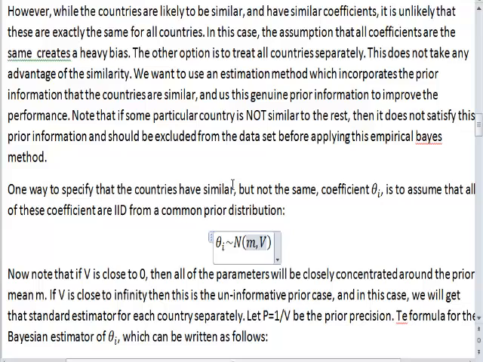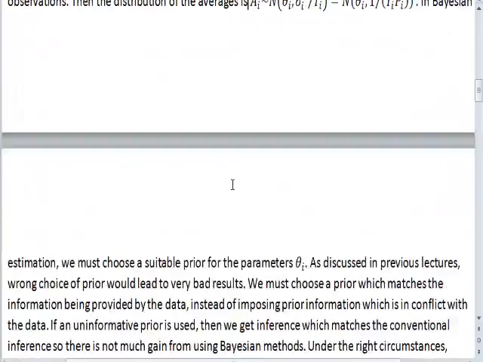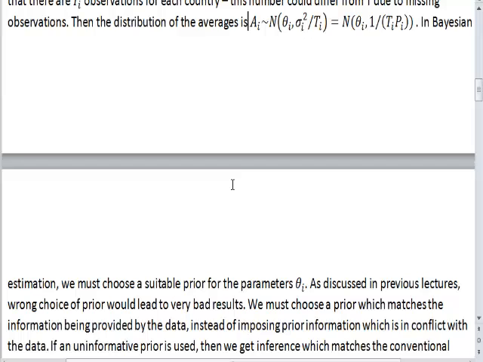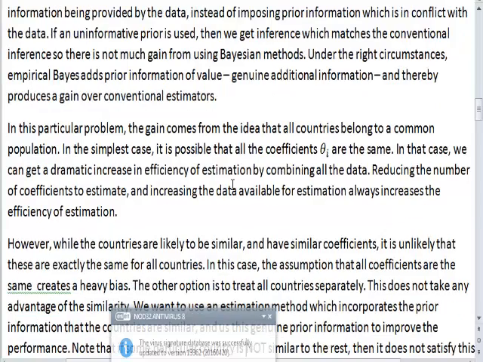So here is the crucial assumption that each country has different coefficients. Here is the AI is normal with mean theta I and variance VI, I am going to call it. All of the countries have different variances, and the variances are known for the first approximation. So that's the data distribution. Now the key